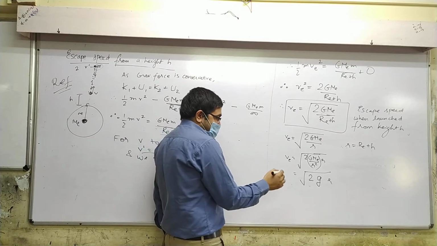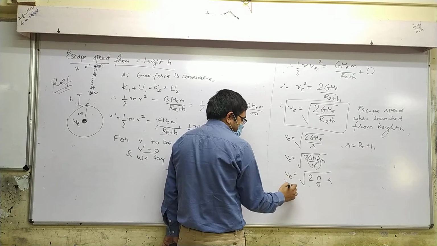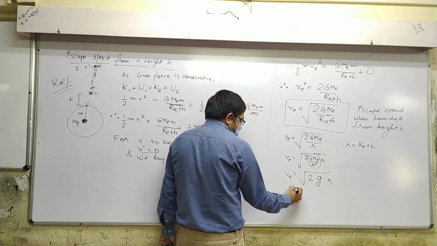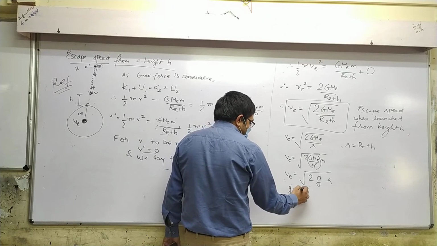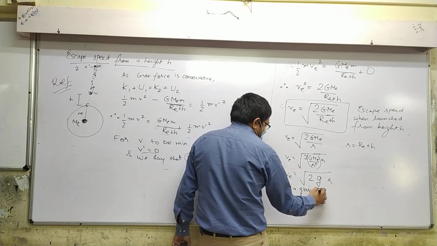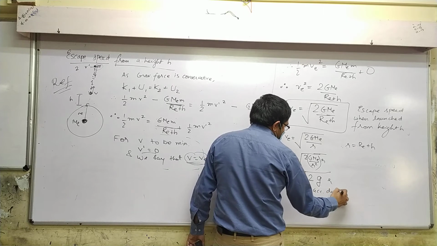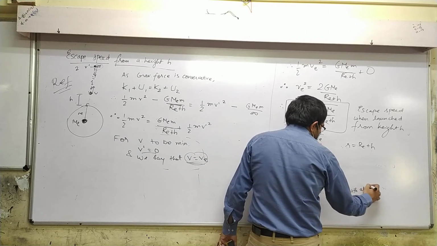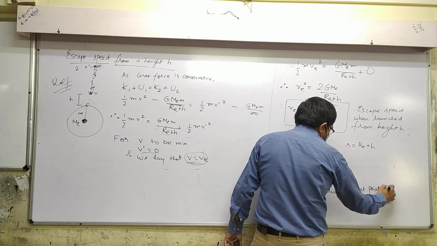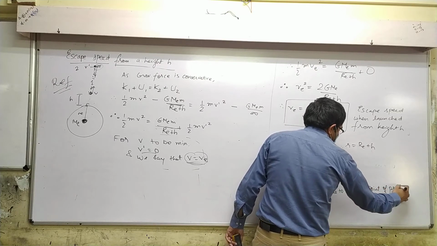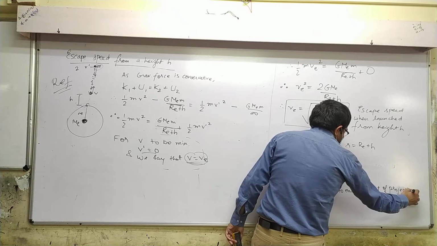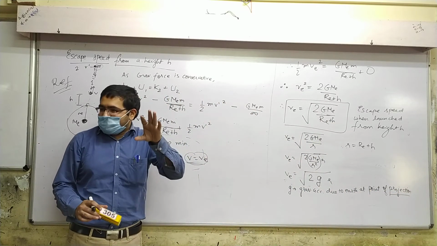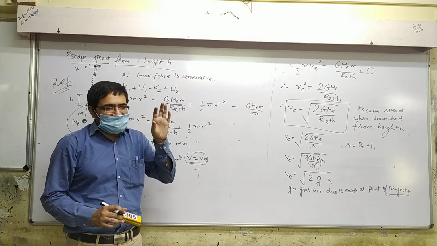Okay, so I suggest that you write terms here below this. G stands for gravitational acceleration due to Earth at point of projection. Do you understand these words? What is the meaning of projection? Throwing, yes, at the point of throwing.